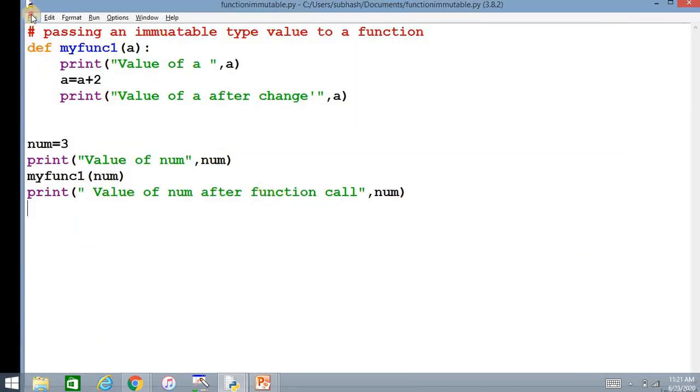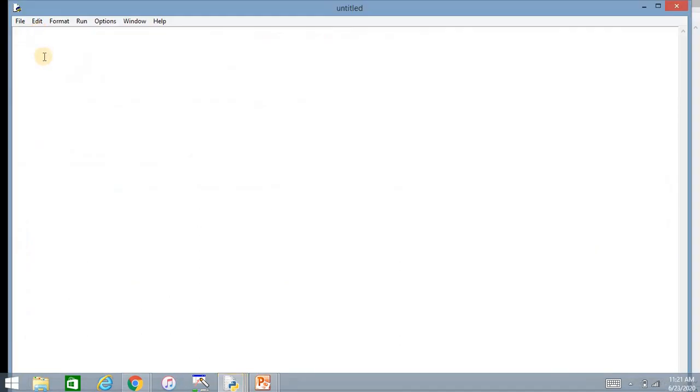File, new. Okay, writing another program for passing a mutable type to a function.